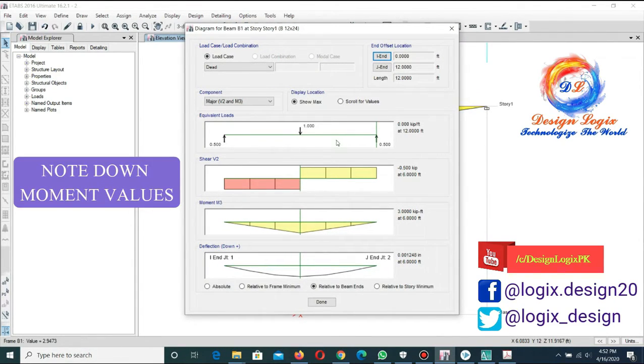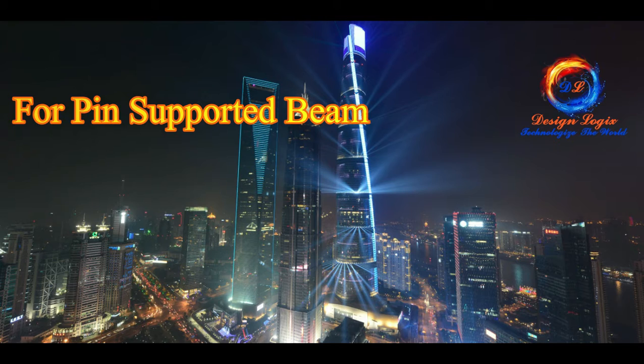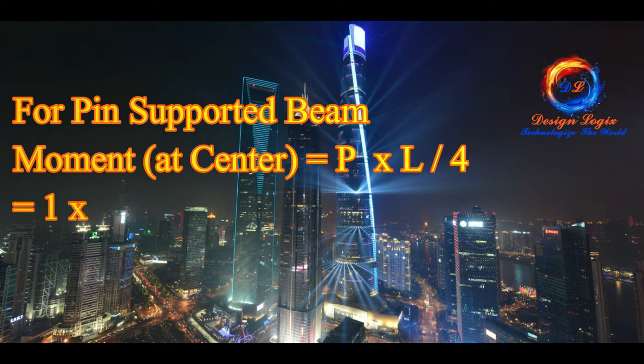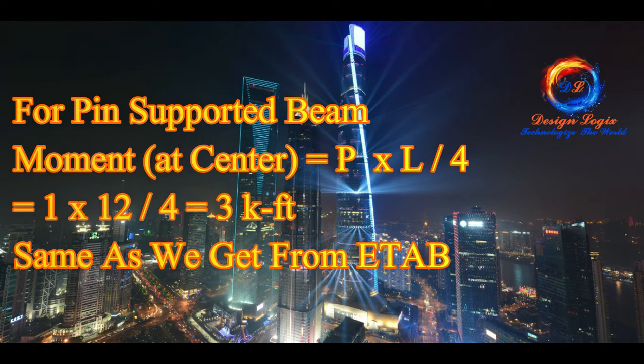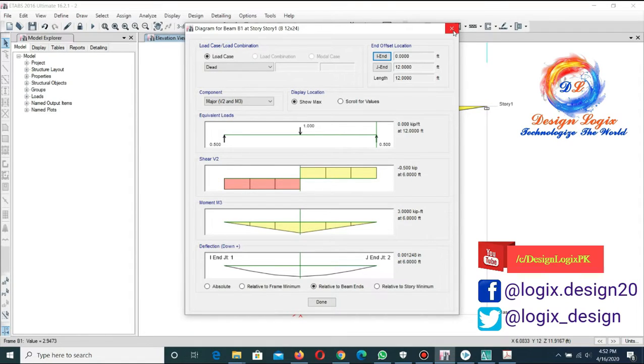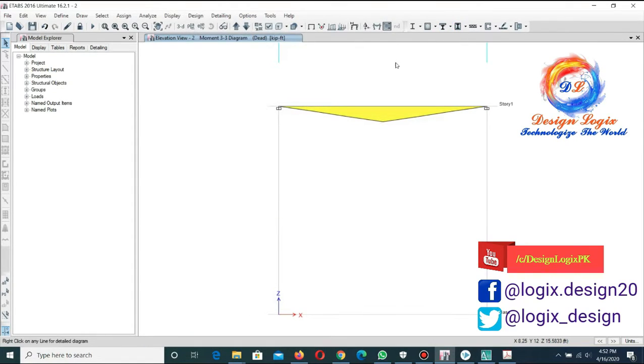Note down the value at the center of the beam. There is a 3 kip-feet moment. For the pin-supported beam, the moment at center is equal to PL/4. Here we get the value of 3 kip-feet, same as we get from the ETABS analysis. So this is how we apply the moment releases in the beam.